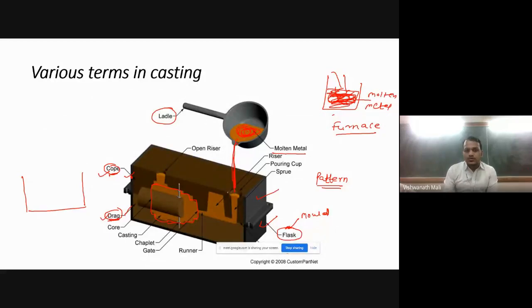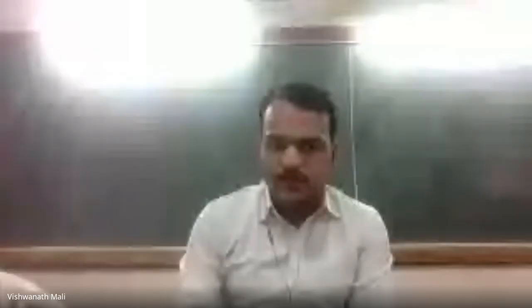To pour the molten metal, at the start, we prepare a large area, which is known as pouring cup or pouring basin. This is made large because while filling we move the ladle here and there. So we make this sprue a little bit large. This is known as pouring cup. So this is the entry point of molten metal into the casting.